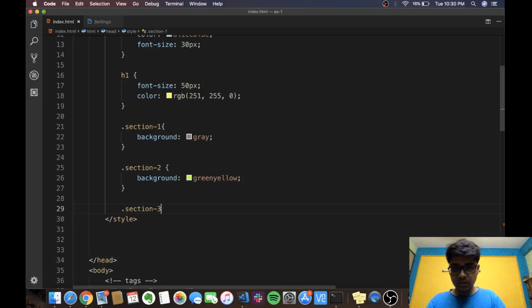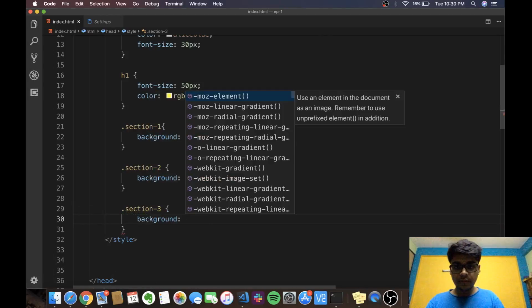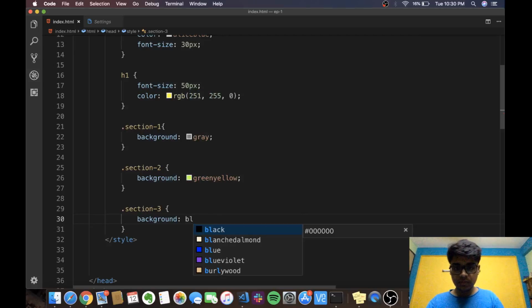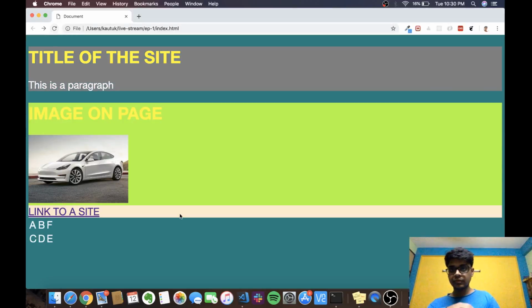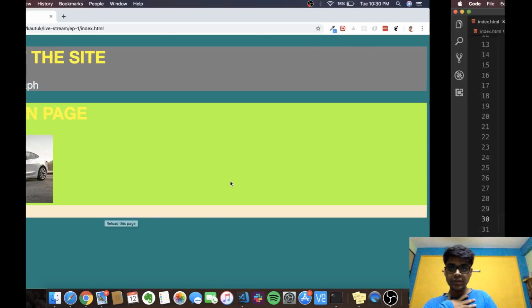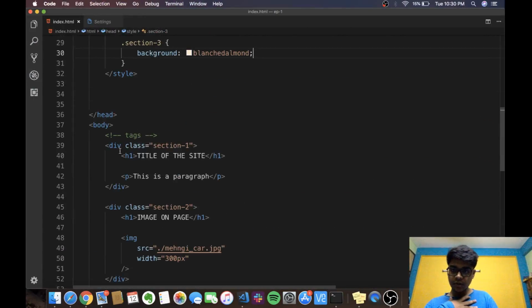Section 3. I'm going to give a background of, suppose, black. Okay, let's select this one. Alright, so it looks bad, but you can see that the division tag that we created,